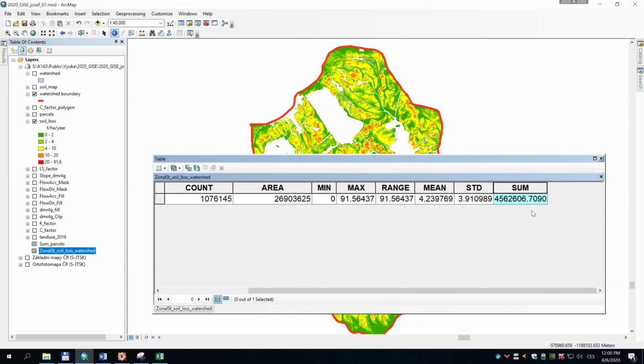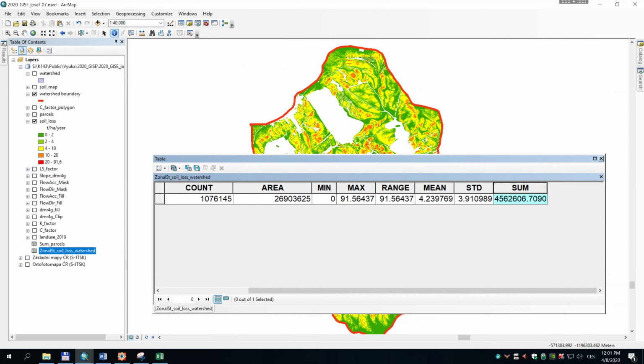Because if you summarize units in hectares, each hectare you count, the result will be in tons per year because of summary in hectares. But our resolution is 5 by 5 meters. So we don't have hectare, we have 5 by 5 meters, which is 25